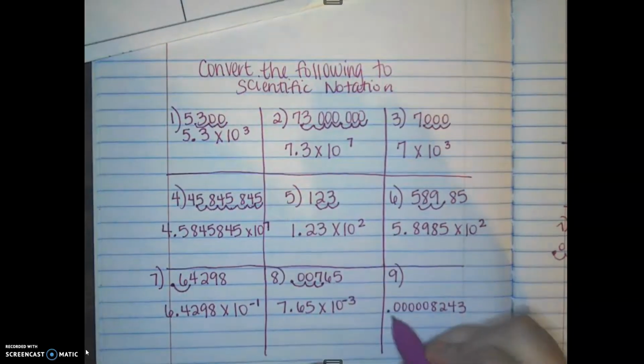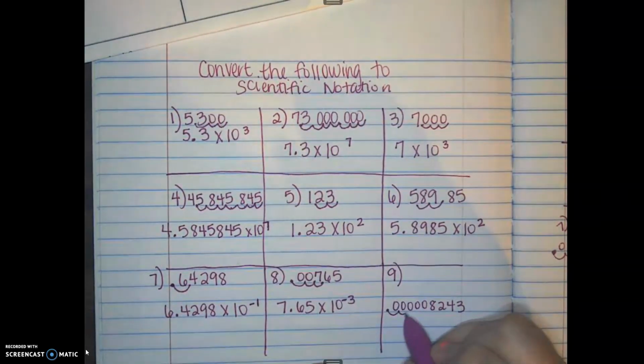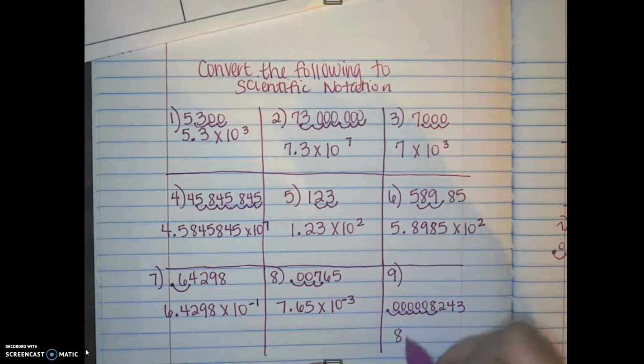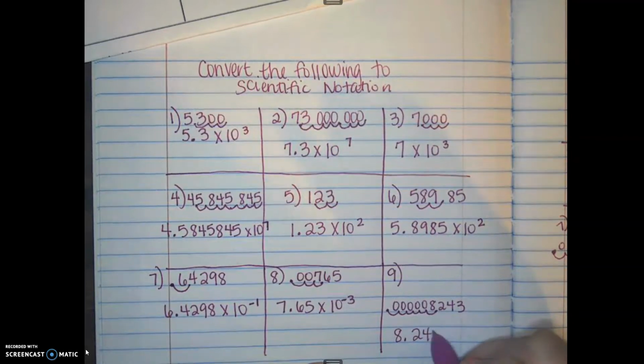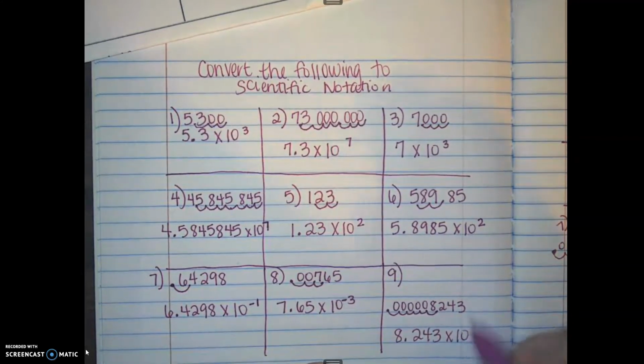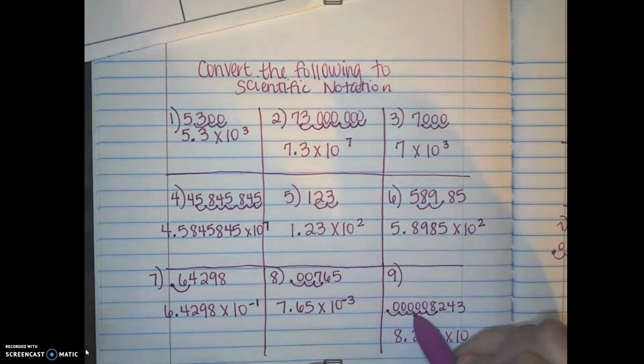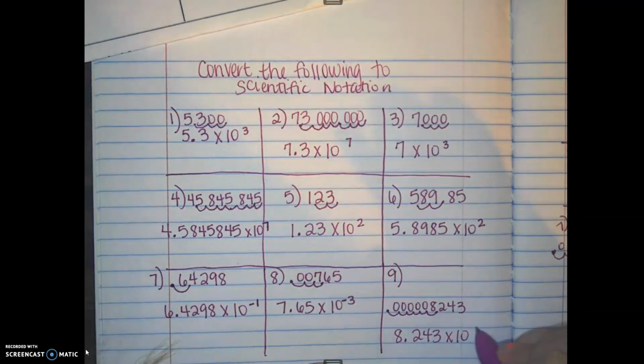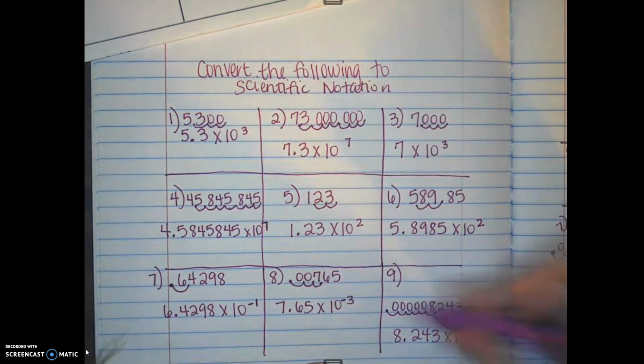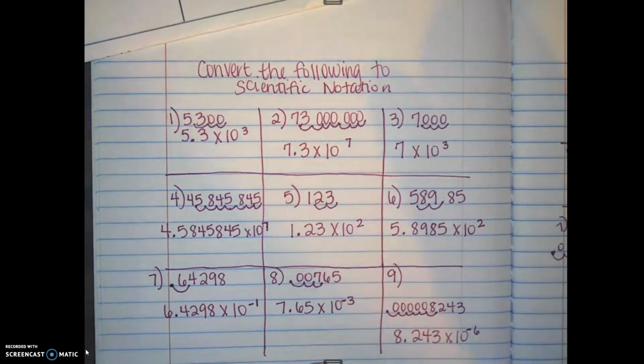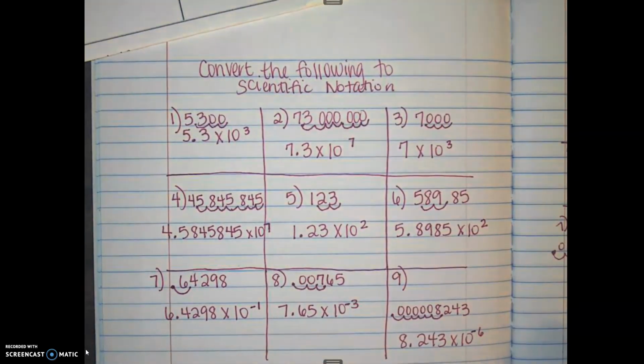All right, hopefully you tried it by now. So I'm going to move my decimal till it's 8.243 times 10 to the, I moved it 1, 2, 3, 4, 5, 6 spots. And it was a small number, so it's negative. Remember, our form is always